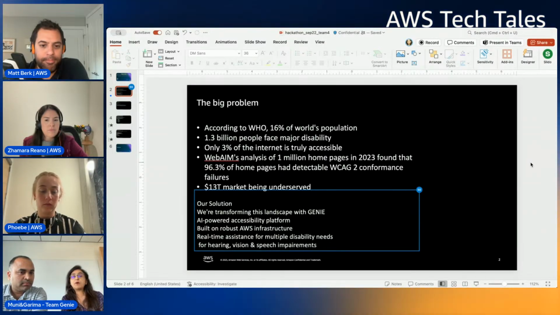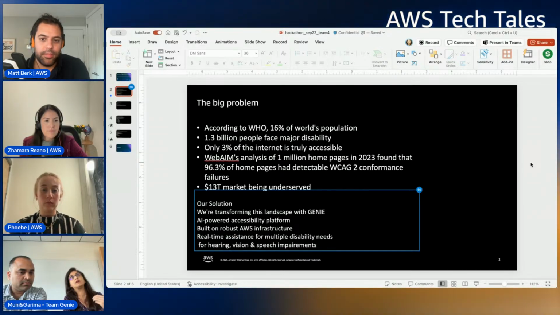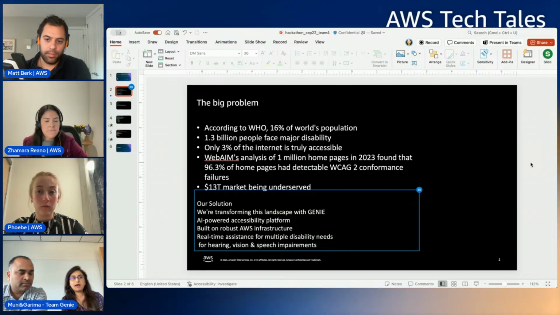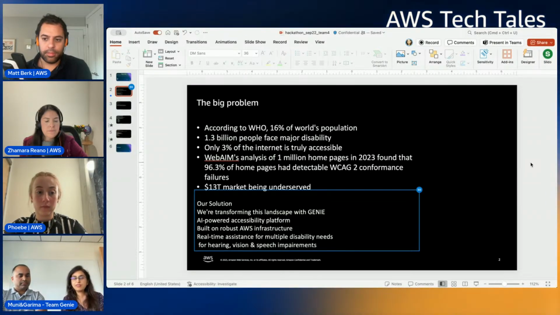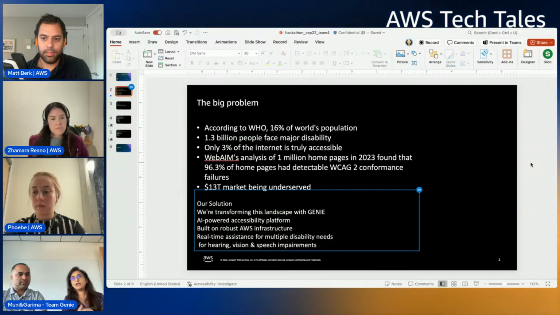So we have a large population, but one thing that really struck me when I was learning about accessibility was that people are not just disabled by their physical impairments, they're actually disabled by lack of access. If you really see digital accessibility, 3% of our internet today is accessible for all people with disabilities.